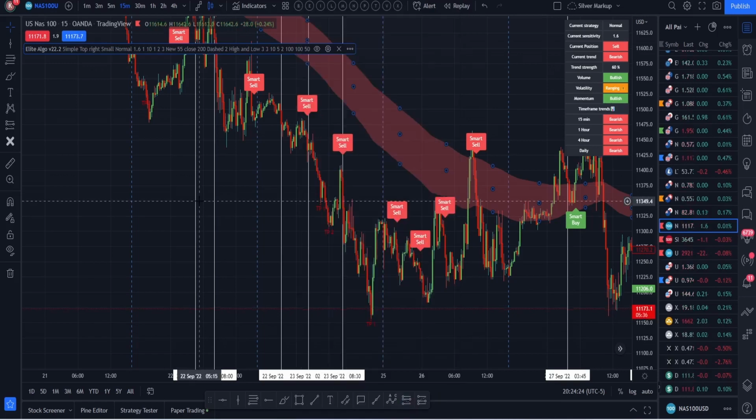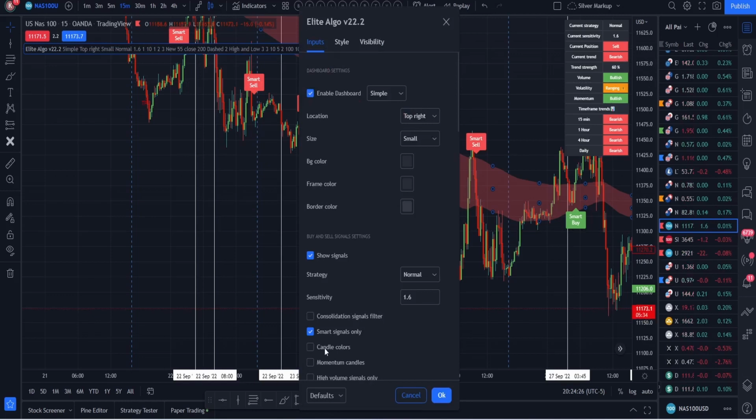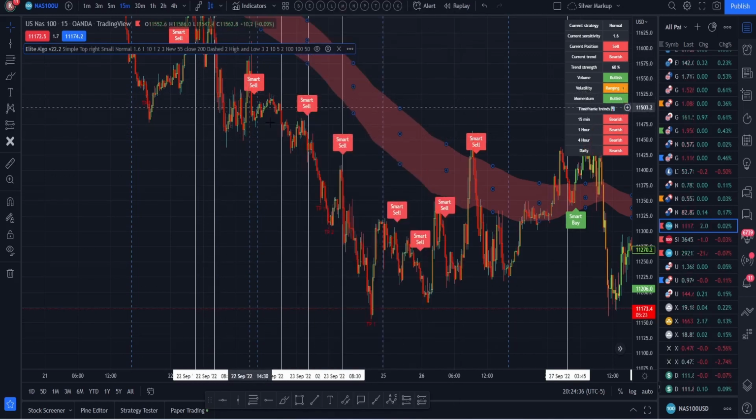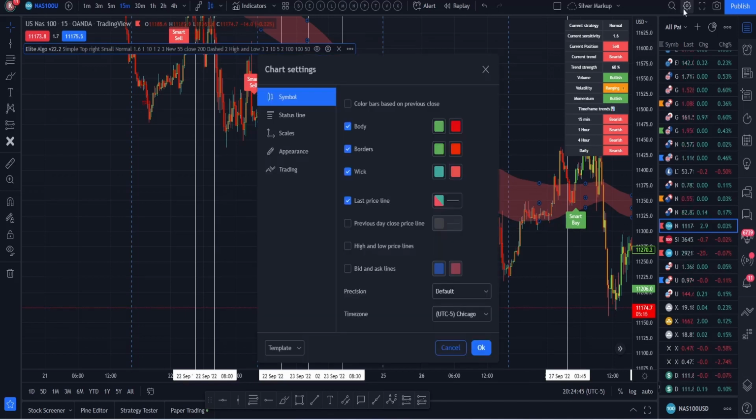Then you also have the candle colors. You can have it just go based off a trend, and it'll tell you what the trend is just based off the color of the candles. What you're going to see when you first do it is probably not going to look correct, because you have to actually change the candle settings on TradingView for it to show. So what I like to do, I have